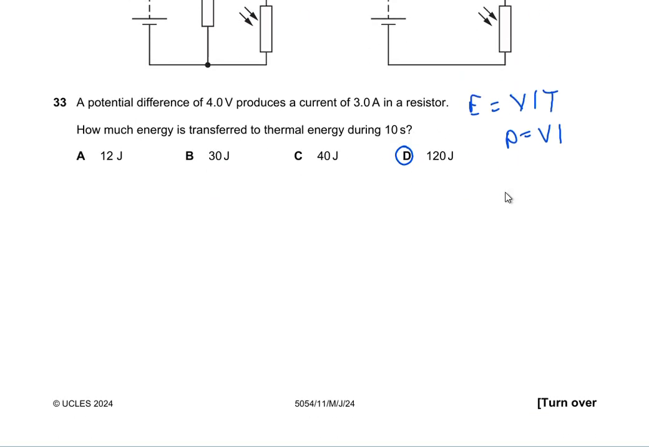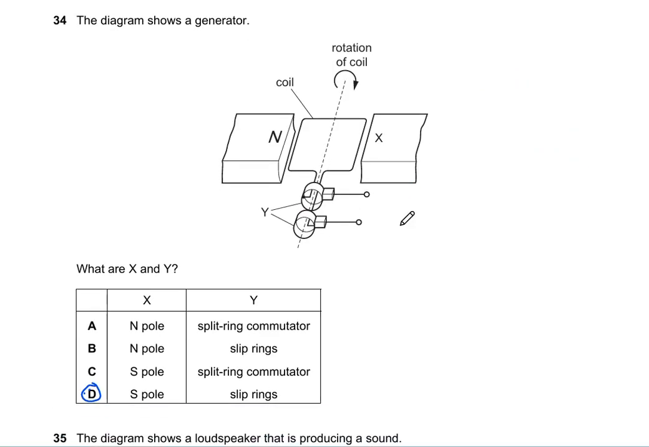Okay, this math is simply solved by the formula E equals VIt. Basically, it's E equals power times time. So as we know, power equals VI, so E equals VIt. So using that formula, V times I times t, that gives me 120. Simple as that. Next comes